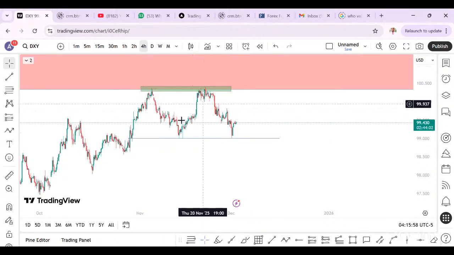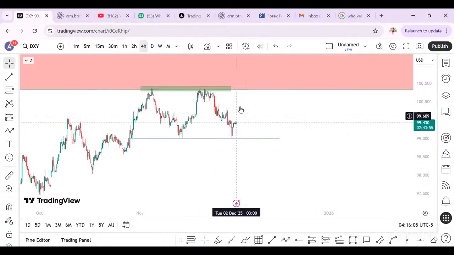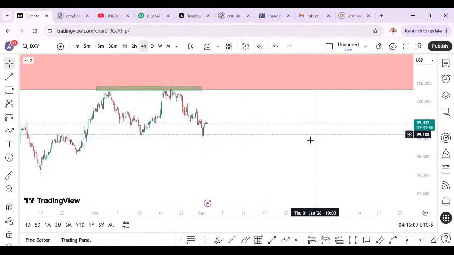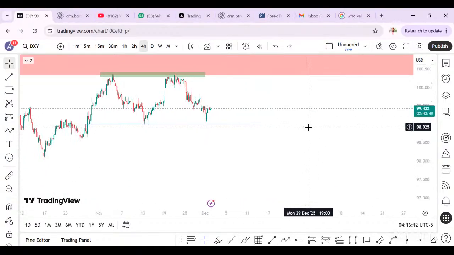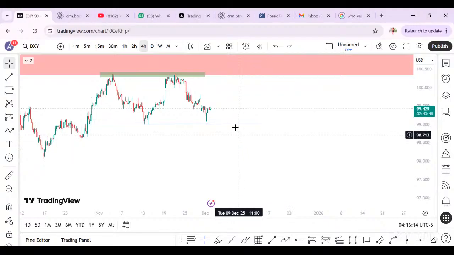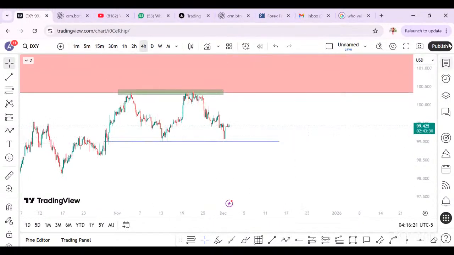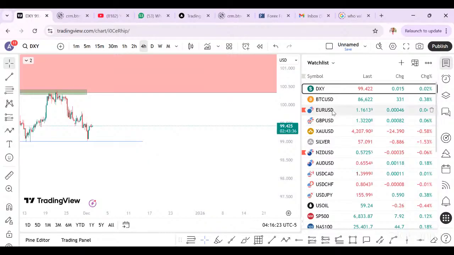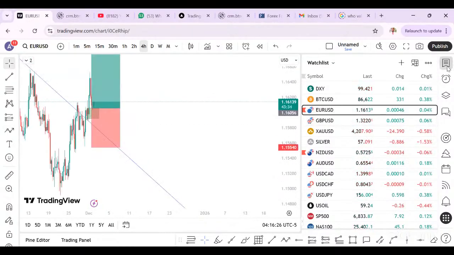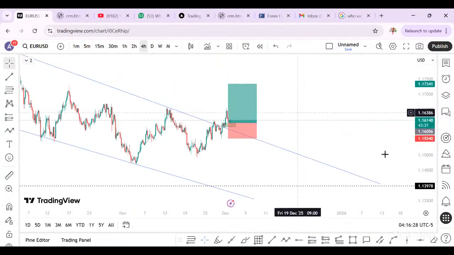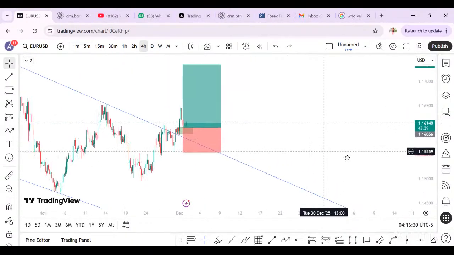So like what's happening now, we can't really say okay, let's buy here, because price is just between these two ranges. So we need to see a very clear direction before we could say, okay, that price is bullish or price is bearish. If you buy now, what if the price crashes down? If you sell now, what if the price goes up? So that's for dollar. And the same thing is happening on Euro USD. Yesterday we called this Euro USD buy here, right? I called for a buy here. So that buy is still intact.